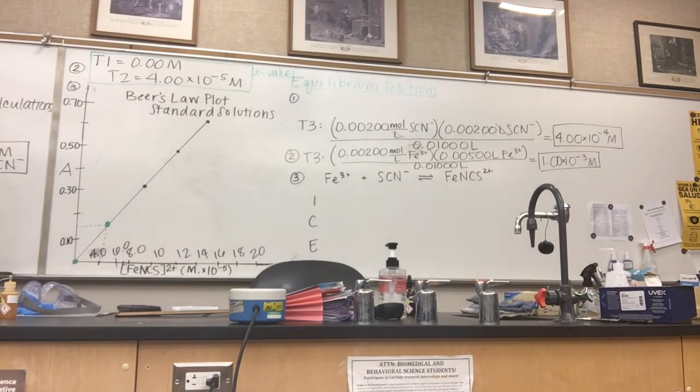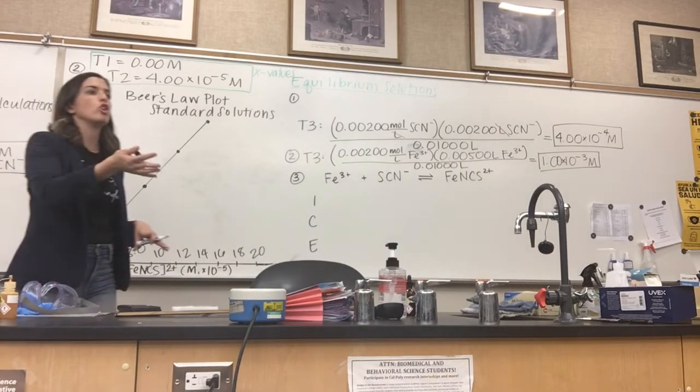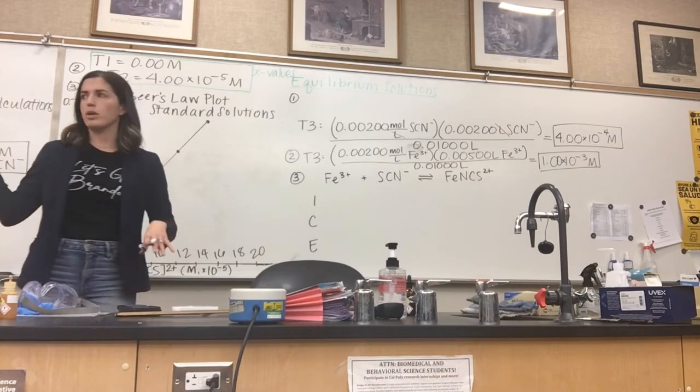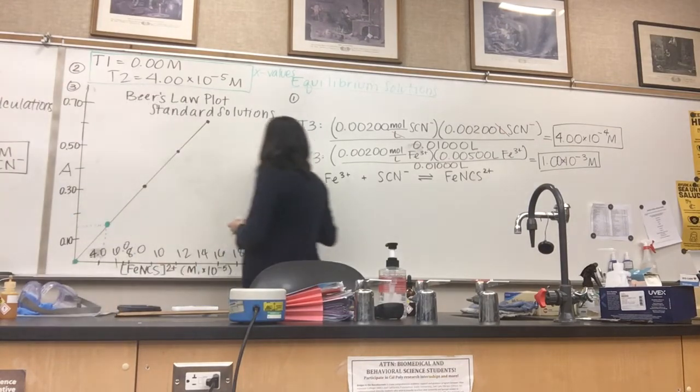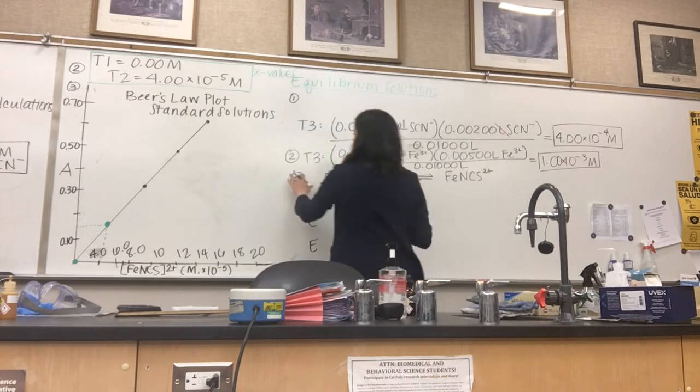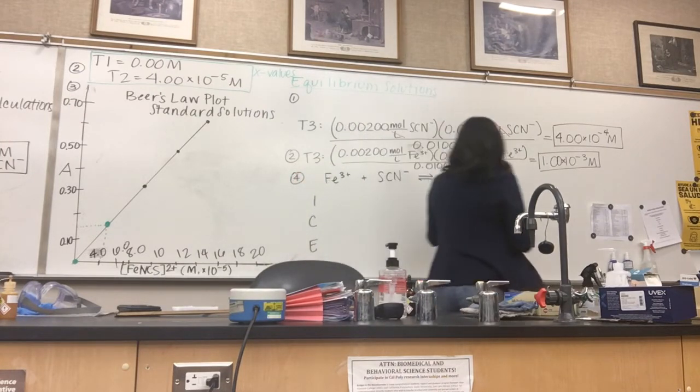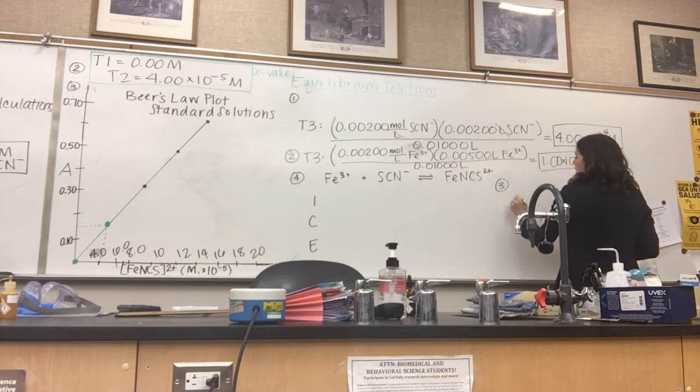All right, so let's look at what we do with those numbers. You have your Beer's law plot, you have your initial concentrations. Now number 3, it says determine the equilibrium molar concentration of the product, which is the iron thiocyanate, using the absorbance data in your Beer's law plot above. The absorbance data for data table 2, right? So it's based on the equilibrium solutions. So let's just look at, oh, that shouldn't be number 3, this should be number 4. Let's say this is number 3 right here. Let's say for trial 2, or for the second solution,